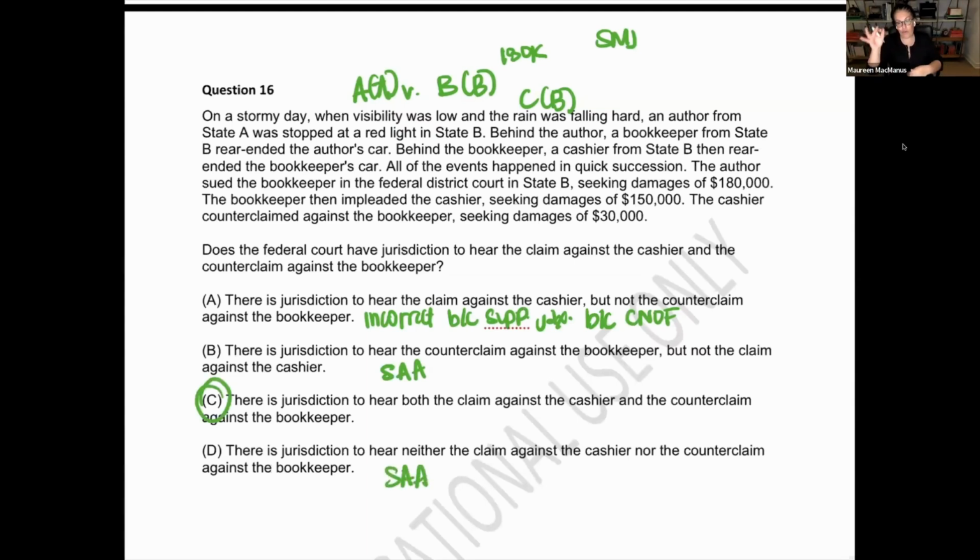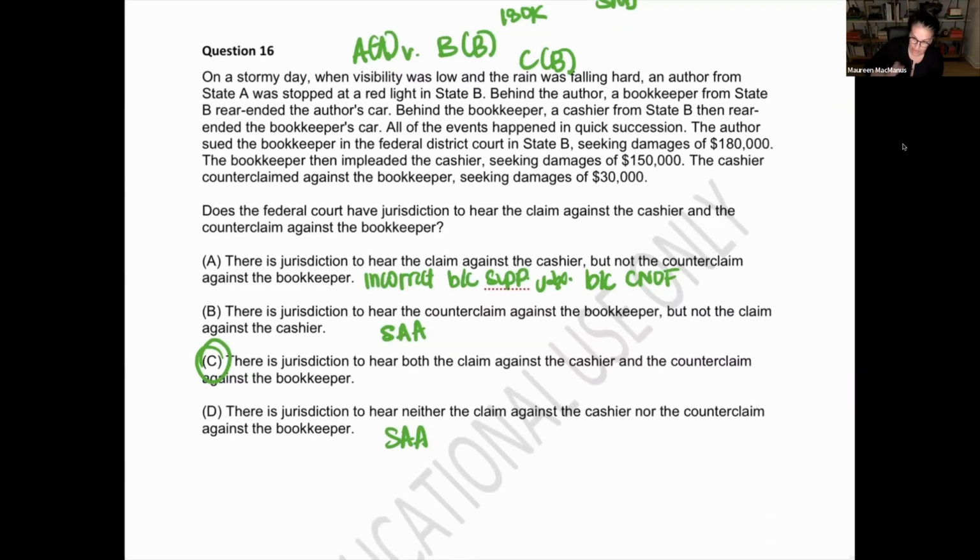Somebody asked me about BarMax's answer explanations, and sometimes UWorld does this too, which I don't love. Is there just like "same as above, same as above"? I don't always like that. This is the first time in these 16 questions where it is truly the same answer explanation. Usually there is a very unique reason that each answer option is incorrect, and that's what you want to look for every single question, every single time. So I just wanted to point that out.